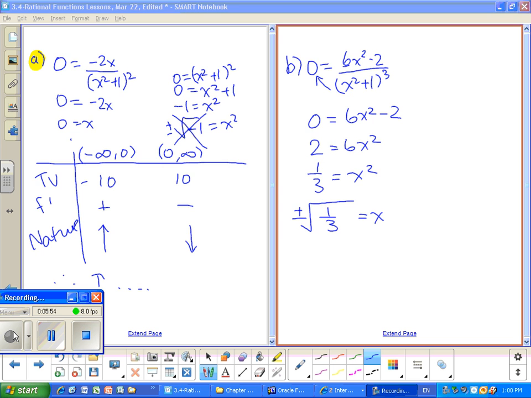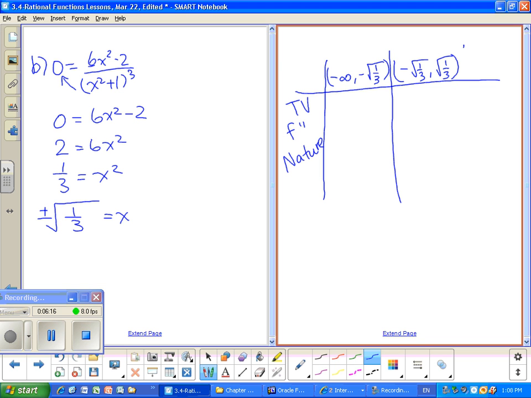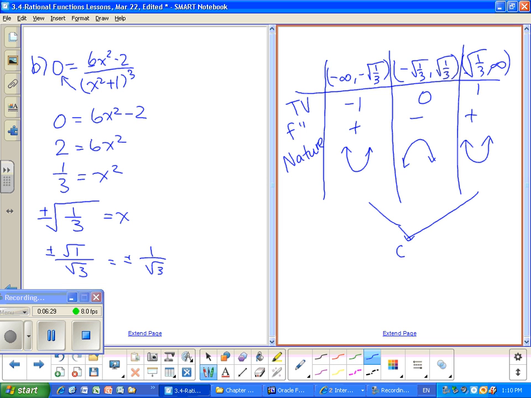So if we put those into the table, let me add a page. We have our same test values. Sign of f double prime, nature. We are going from negative infinity to negative root 1 over 3, negative root 1 over 3 to root 1 over 3, and then root 1 over 3 to infinity. And then you have to say your final therefore statement. Therefore, it is concave up between these two intervals, and it's concave down here. And then you can fill